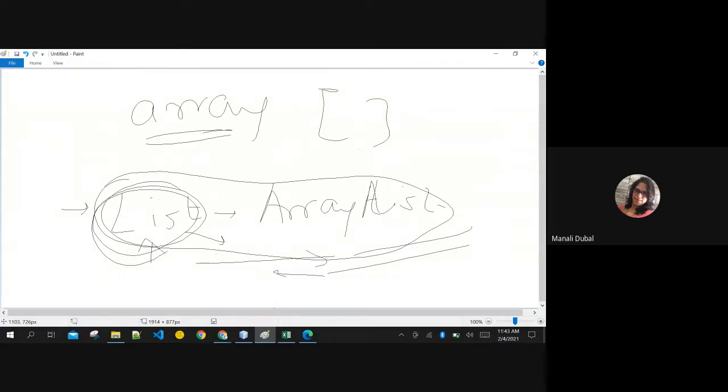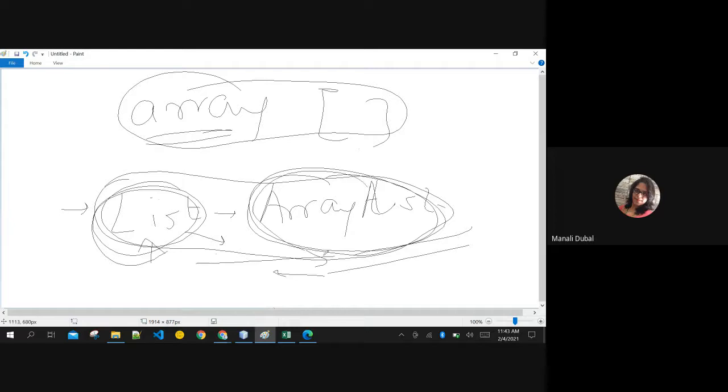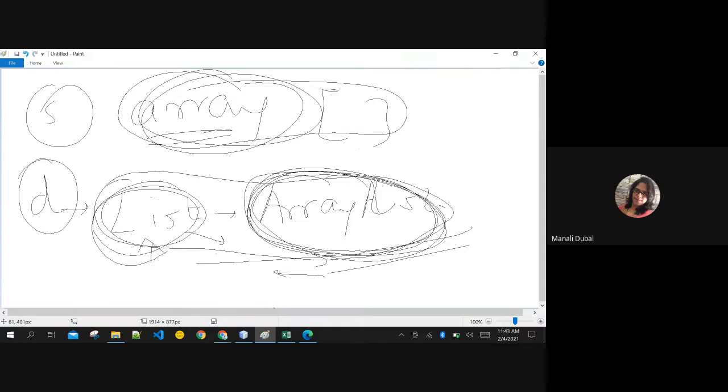Provided it is a class. You are creating an object of a class here. This, you are just working with some primitive data types. This is a complex reference class data type. This one, primitive data type. So the size has to be static here. Here the size can expand and shrink in whichever way you want, dynamic size.